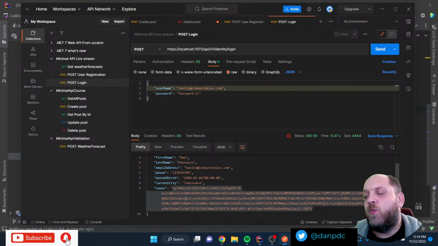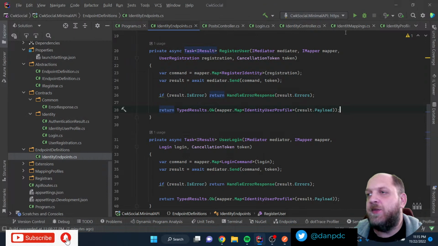We have seen that both when we register and when we log in, we get this token, and then we need to take this token and use it as an authorization header for subsequent requests to other endpoints that are authorized. So they should have authorization in place. That's why we started with this controller, and we have ported it to our minimal API, and for now it was successful.